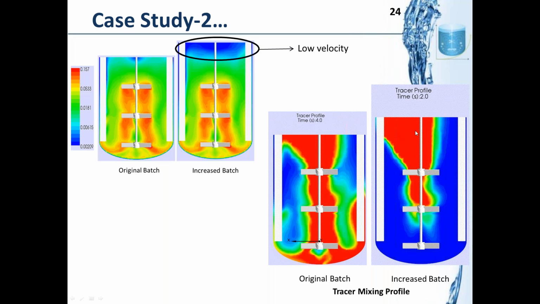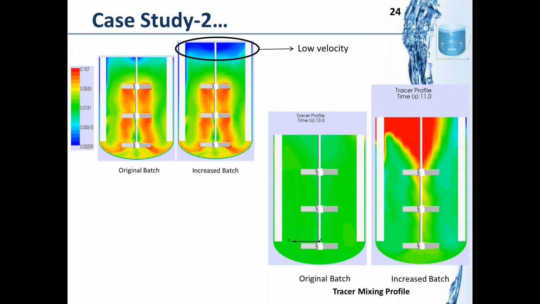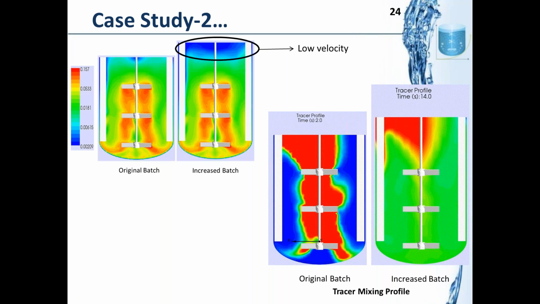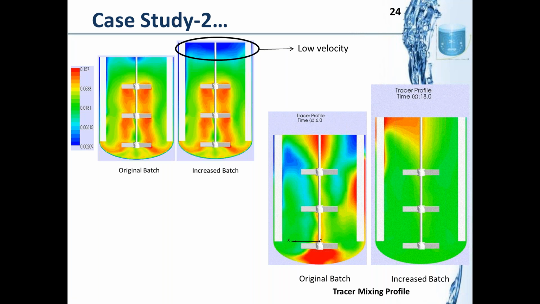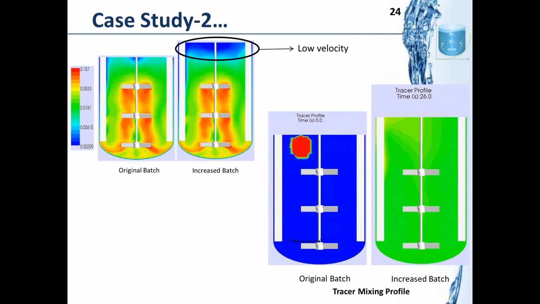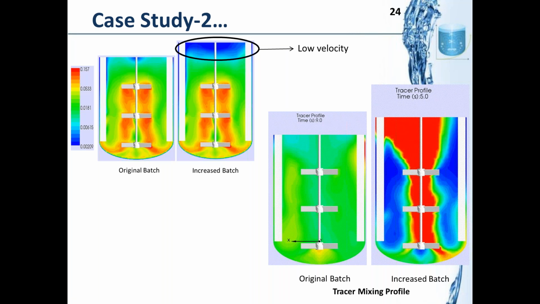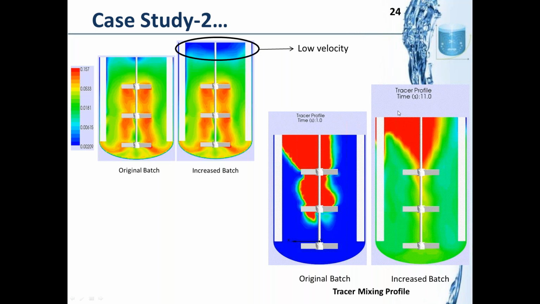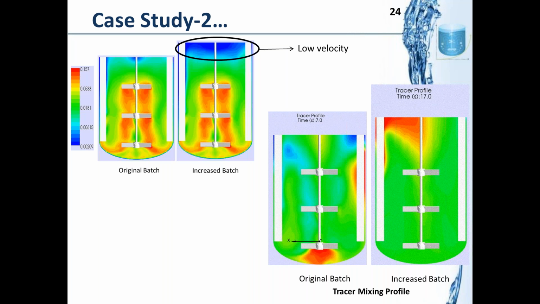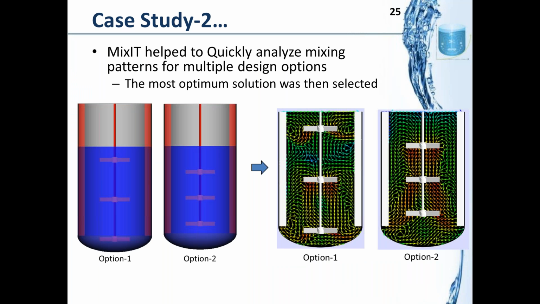Now we can see here that the correlations are saying that in both the systems the mixing time is the same. However, if we use the CFD model, we can get a more detailed analysis and see where the problem is. Now we know the problem, and let's see what we can do to mitigate it. So we can quickly test in Mixit automated CFD whether we can uniformly distribute the impellers,